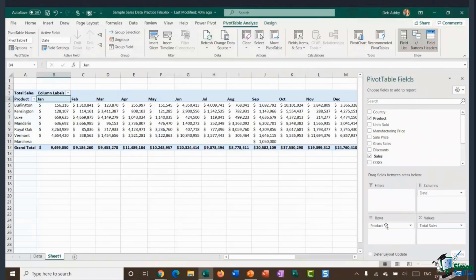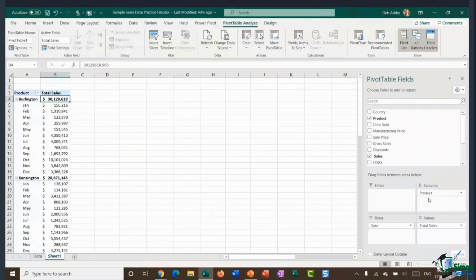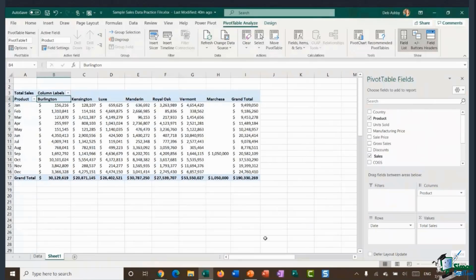Now, what I'm going to do is rearrange my data fields a little bit. I'm going to drag date down into rows, and I think I'm going to put product into columns, like so. So now I have my products running across the top, my months or my date running down the side, and then I have my values in the middle. And what you can probably see just here is that for one of these products, I have a lot of 0 values. So for Marchesa, it looks like we only sold something in September, and the rest of these cells